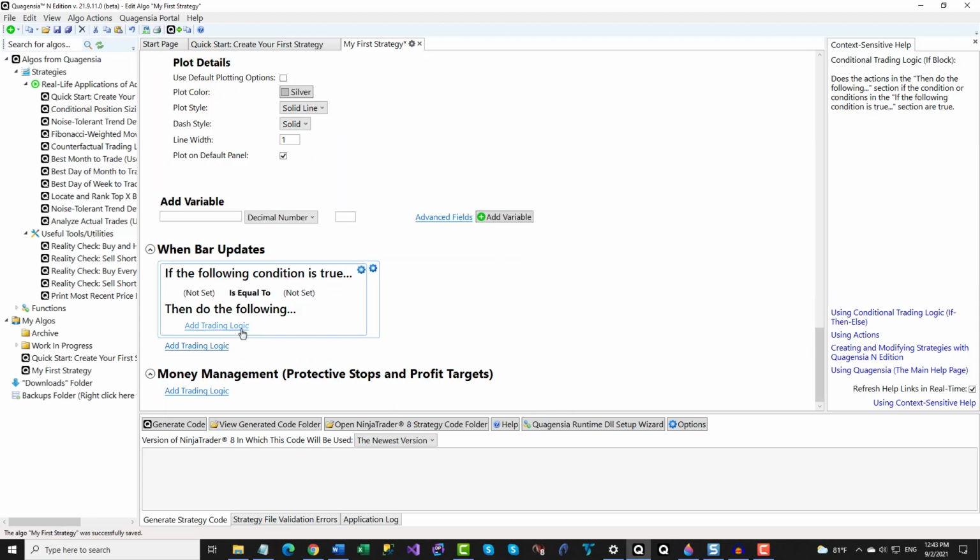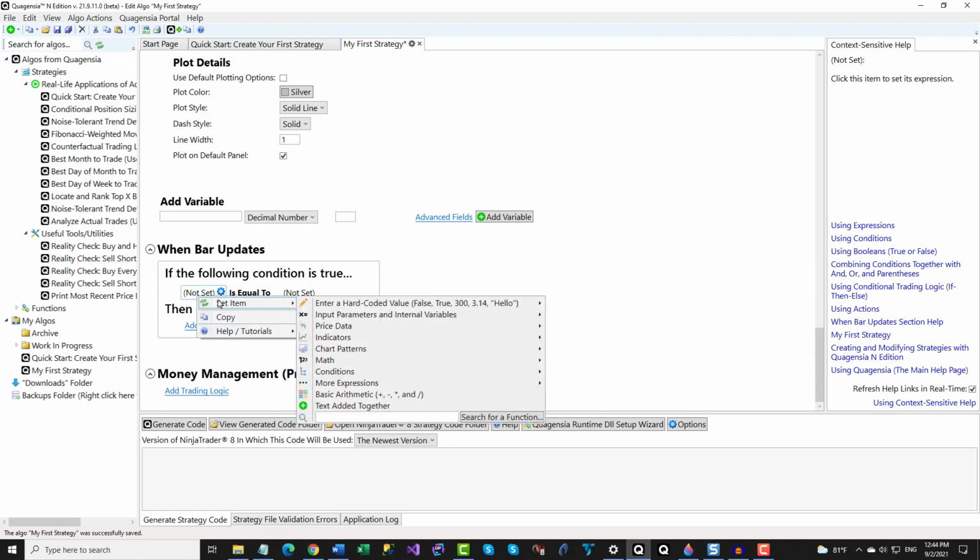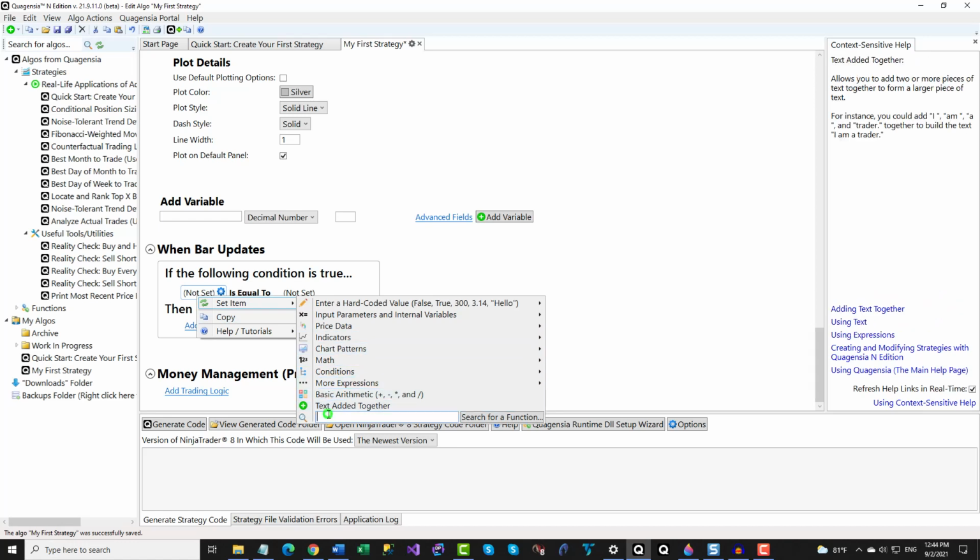Let's enter a long position using a market order when a bunch of conditions are true and we are not currently in a position. Our first entry condition is that we can't already be in a position. Let's use context-sensitive search to find a function that sounds right, then insert it at this location from the search window. Just click on the location where you want to insert a function and enter a search term.